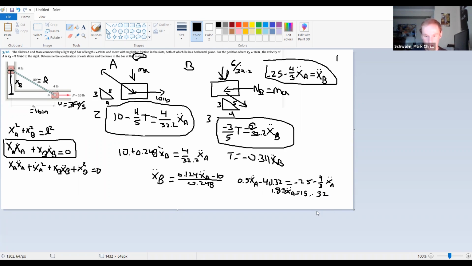Yep, and then if we just divide by 1.83, we'll get x double dot a,